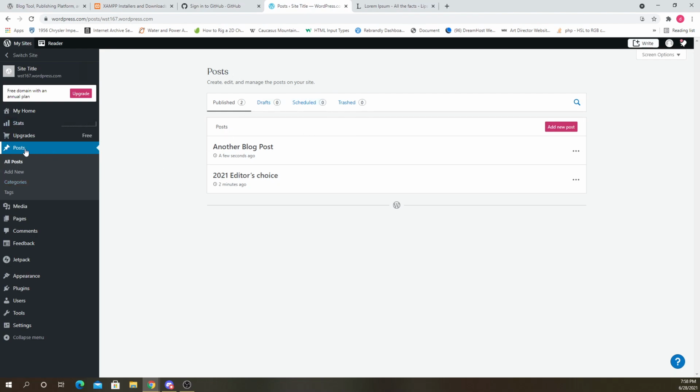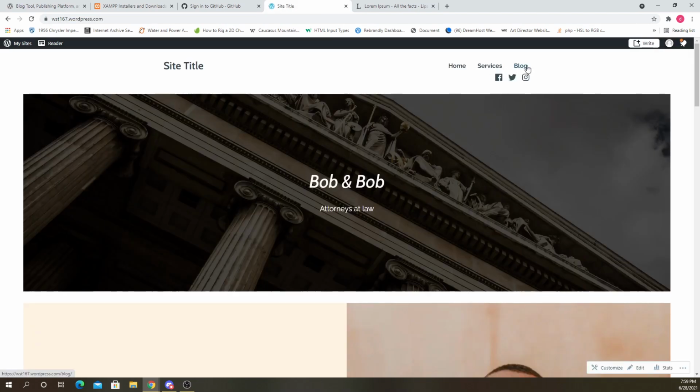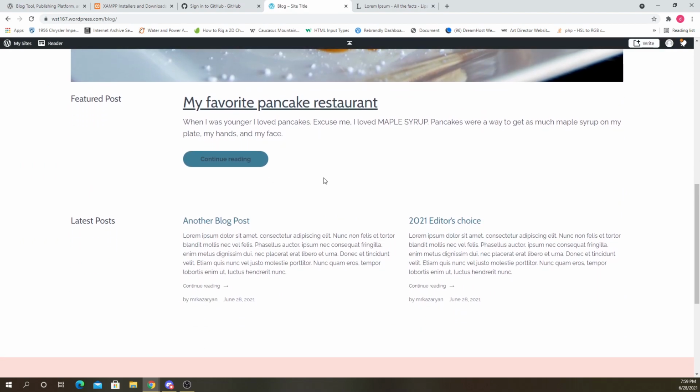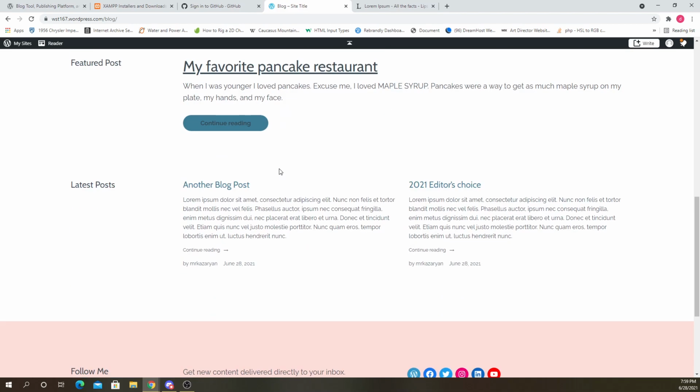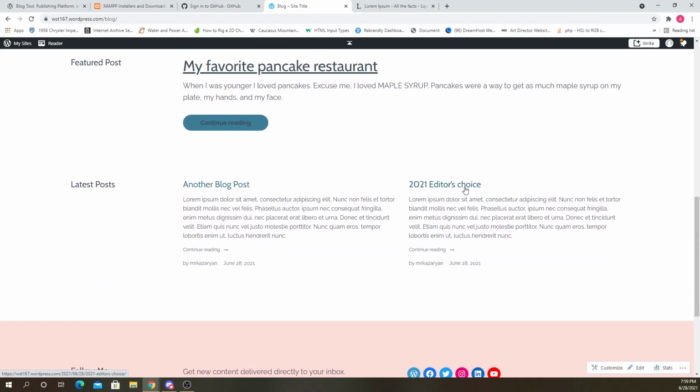So in WordPress, you can have a blog posts page that will show you all of your posts and let you scroll through them. Currently we do have one called blog here. I don't know if it's set up to be a blog page, but we'll check in a second. Actually, let's check right now if, without us doing any work, it already shows us our blog post or not. Yeah, it does. So we can see here featured post, still that fake one, but right under it we can see latest posts, another blog post, and editor's choice 2021.